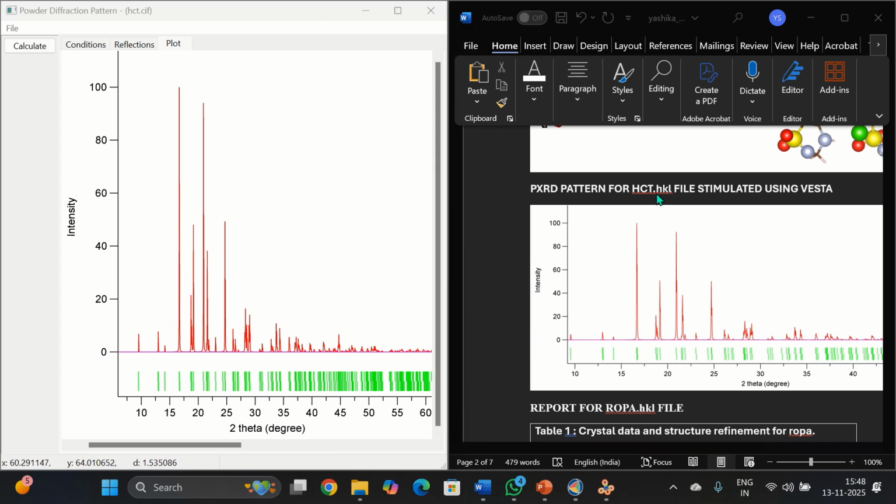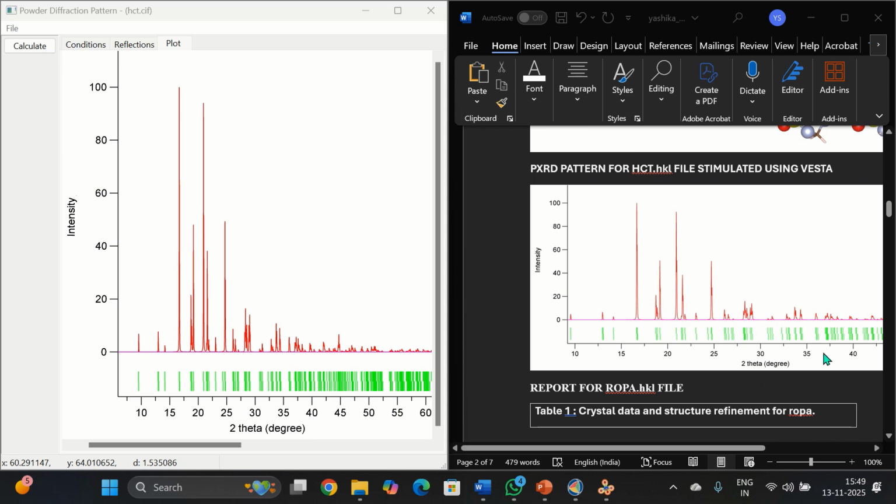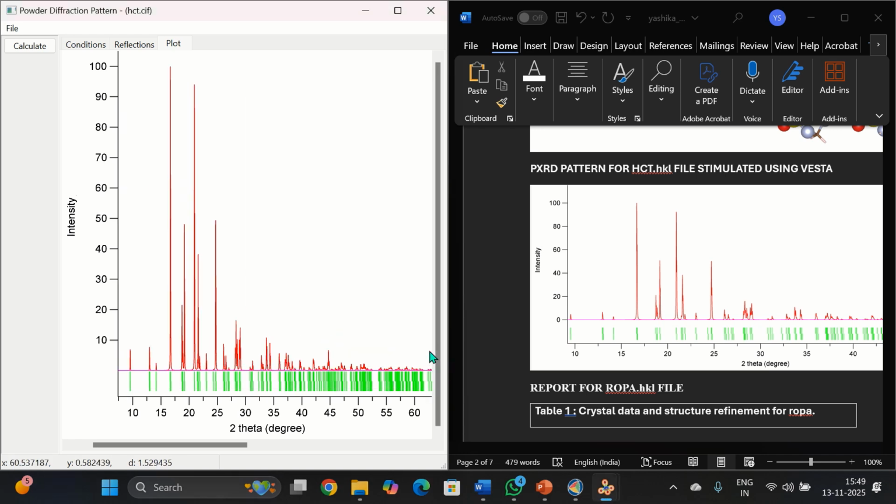So as you can see, this is what I have already created and reported in this Word file. When I was solving the crystal structure for all three given HKL files, I reported the PXRD pattern for the HKL file to be like this. And this is the PXRD pattern for the structure that I have solved right now while showing how I proceeded with the assignment. In these two PXRD patterns, we can see that there is much similarity, or the PXRD pattern is the same. So we can say that